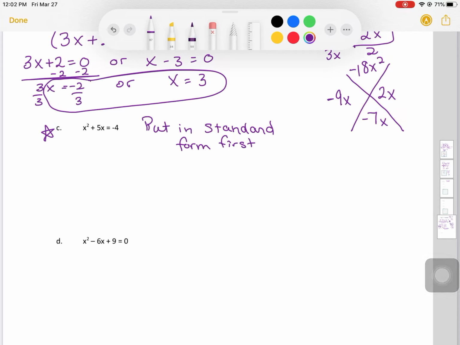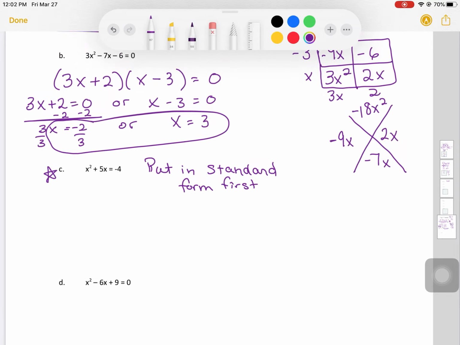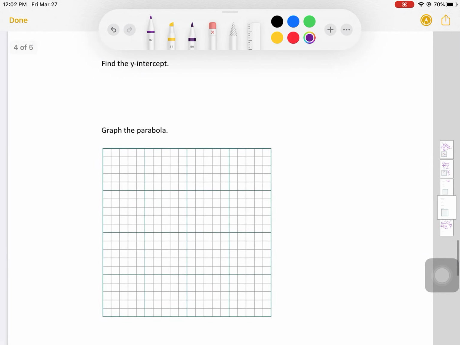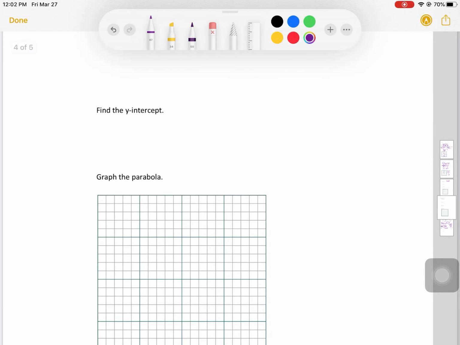So if you try them and then you have them right, you're good to go. If not, you might want to ask some questions in the next couple of days, because then on Friday we are going to ask that you complete one of these and submit it on your own. And we just want to make sure that everybody's understanding what's going on. So let me know if you have any questions, or let Mrs. Huckel know if you have any questions, and I'll see you back in Google Classroom on